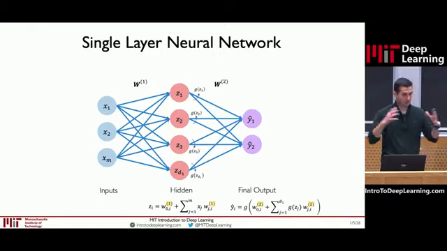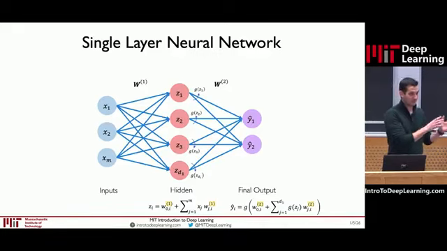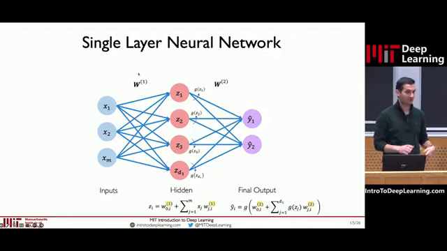Let's keep building up this abstraction step by step. That's a single layer neural network. This is one where we can have a single hidden layer now. So this is actually 2 layers. Now we can see how we can do this transformation from input space to the hidden layer space with 1 layer, and then hidden layer space to output space with another layer. So now we actually have 2 weight matrices. The first weight matrix on the left-hand side, W1, converts the inputs to the hidden layer. The second weight matrix is W2, which goes to the output. Each of these are separate weight matrices, and they actually have different sizes as well because your output shape is different than your hidden layer shape.